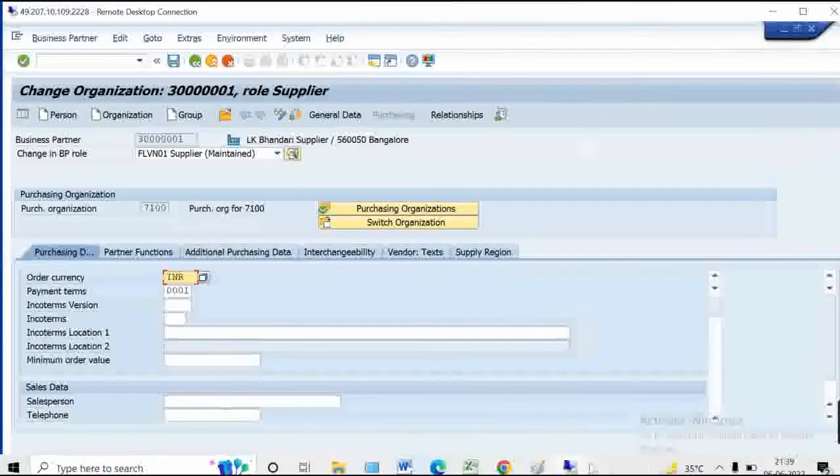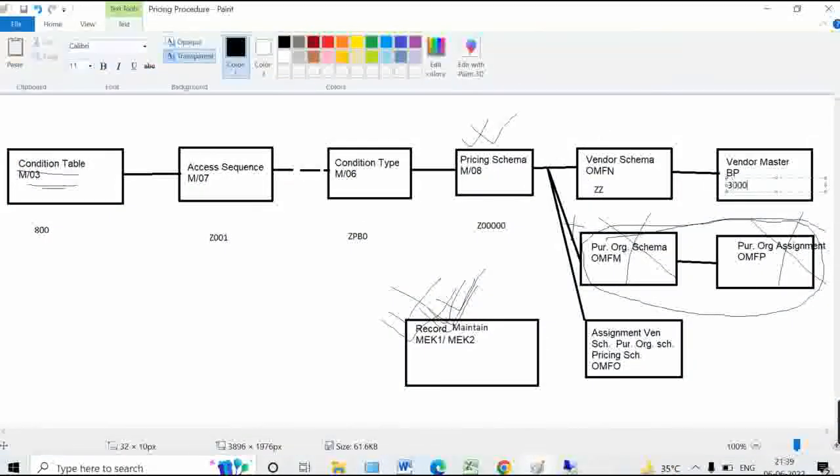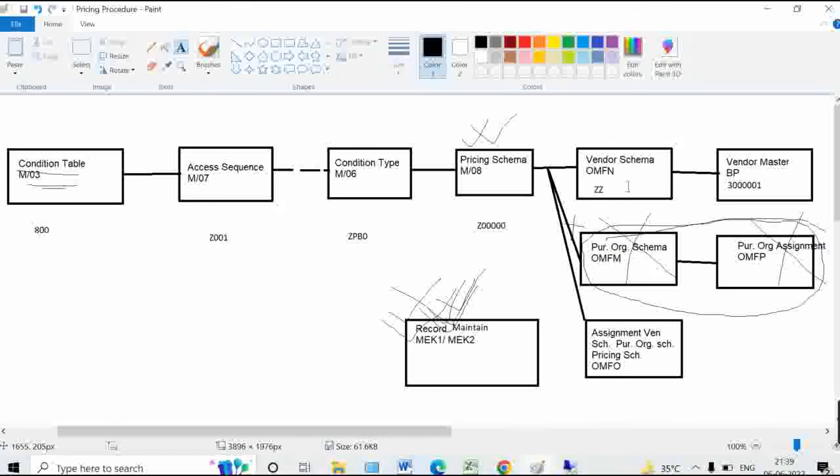Okay, now we have to assign this schema. So let me put my vendor 3000 4 zeros 5 zeros 1. Now how to assign this vendor schema to the pricing schema, for that the T code is